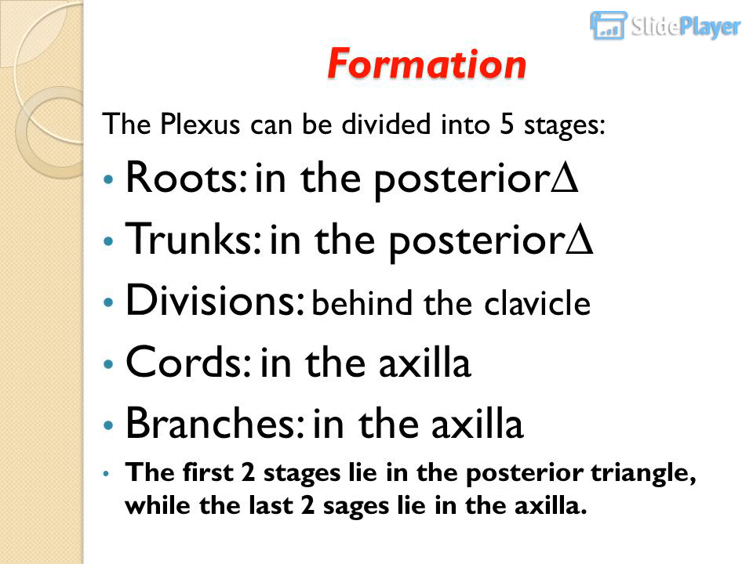Formation. The plexus can be divided into 5 stages. Roots: in the posterior triangle. Trunks: in the posterior triangle. Divisions: behind the clavicle. Cords: in the axilla. Branches: in the axilla. The first 2 stages lie in the posterior triangle, while the last 2 stages lie in the